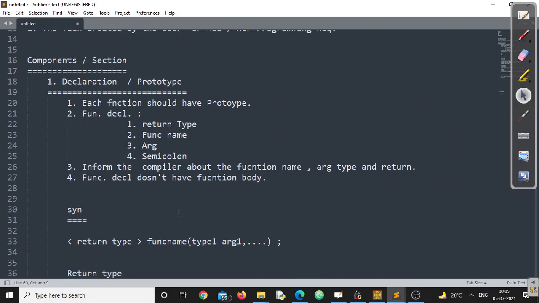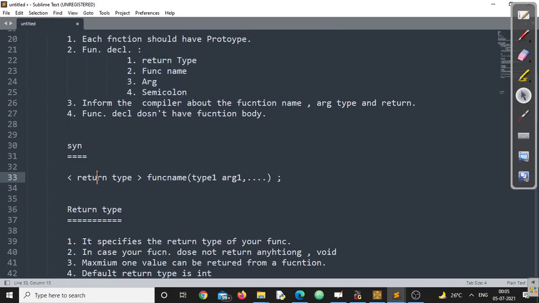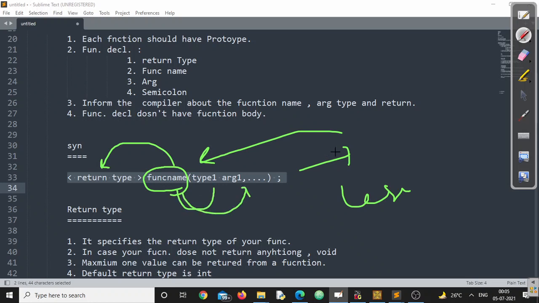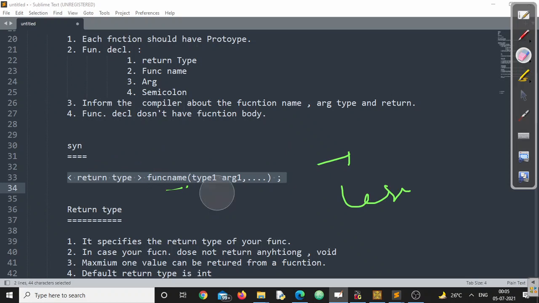So this is all about a prototype. A prototype has four sections. We have discussed about that: return type, function name, type of argument, and all. The most important part here you should not forget. Return type is basically for the compiler, not for the user. The compiler from here can understand you are going to create a function or you are going to call a function. Which function will return this type of data? It can take this type of argument. This is only for compiler's information, not any other. And this is not mandatory.